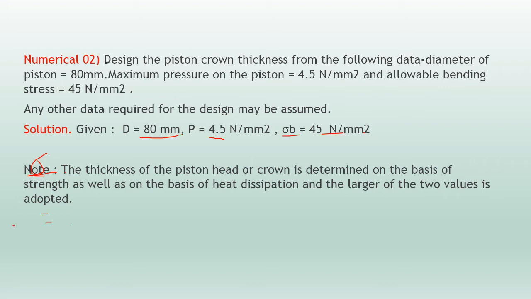Okay, so this numerical is for your homework. I will just tell you the exact answer of this numerical. Your thickness is 11 mm approximately. Okay, so try to solve this numerical on your own, and the answer must be near about 11 mm. 10 mm and 12 mm both are correct. You can take the range from 10 mm to 12 mm. Okay, try to solve this numerical and upload it on your classroom as a homework.